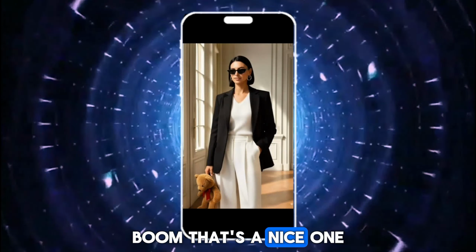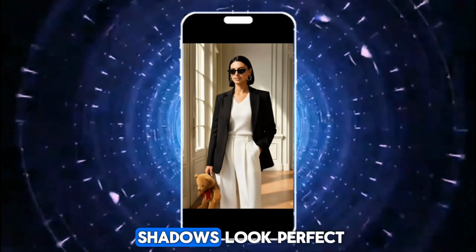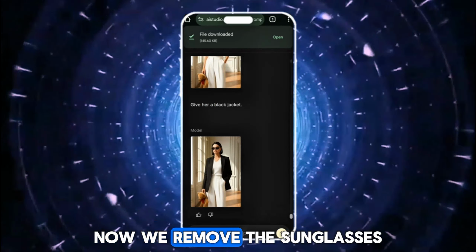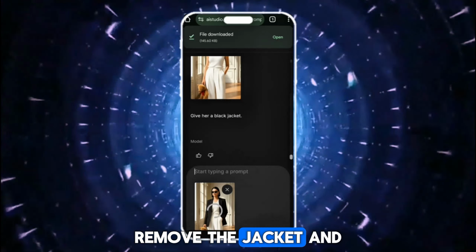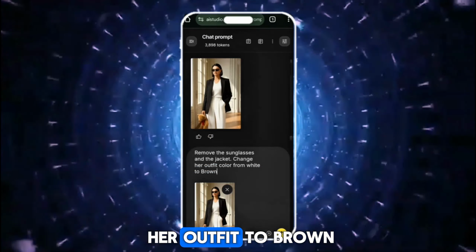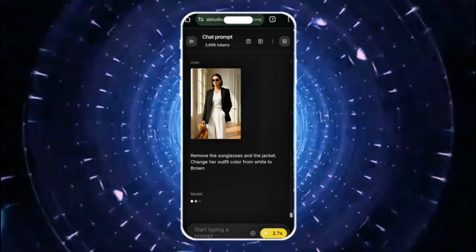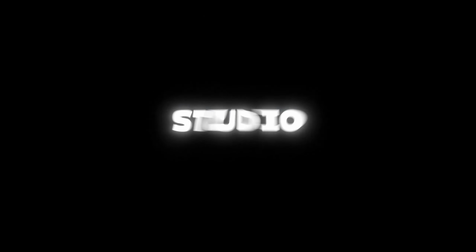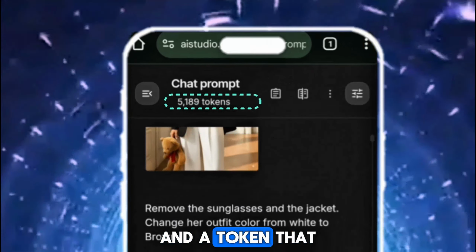Boom! That's a nice one. Even tiny details like shadows look perfect. But let's make something wild. Now we remove the sunglasses, remove the jacket, and change the color of her outfit to brown. Genius, right? One thing I noticed on Google AI Studio is this small watermark and a token that keeps counting